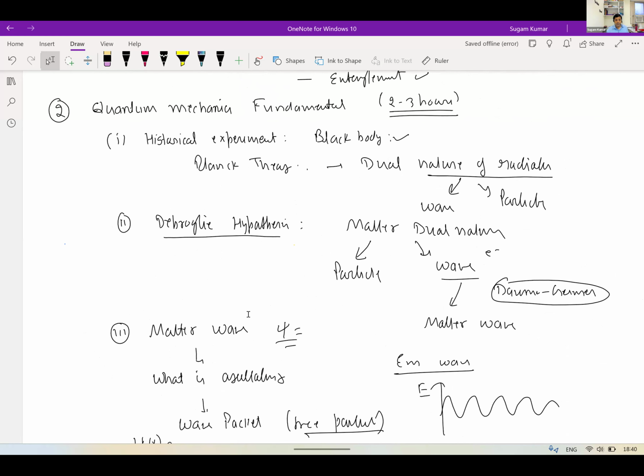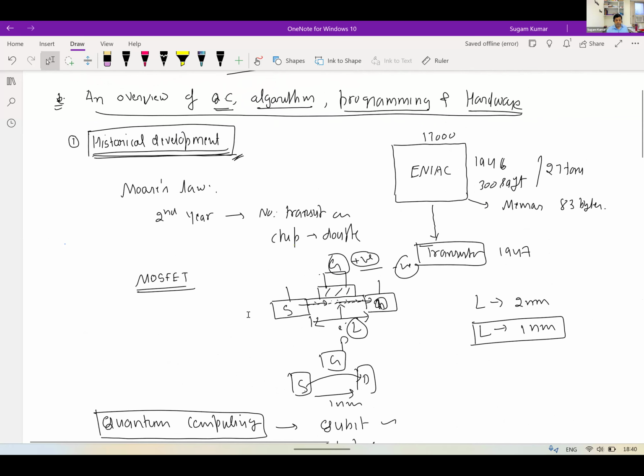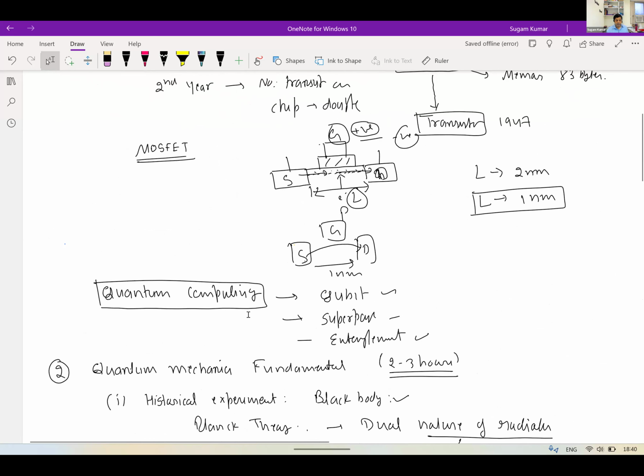Sir, this is Anup. I have two questions regarding the first part. So you are choosing MOSFET, that field effect transistor, right? Why are you choosing that? Because we also have some transistors that are built on impact ionization, not the field effect one. So what is the advantage, and why are you choosing that?